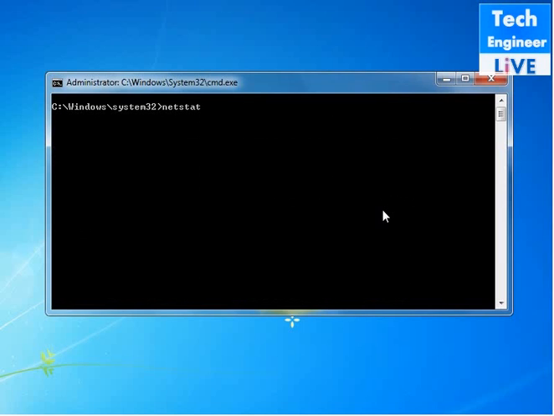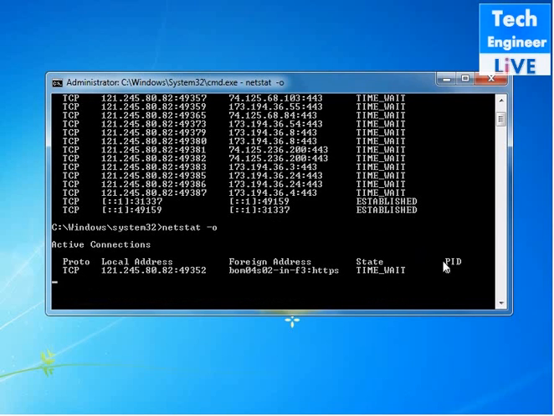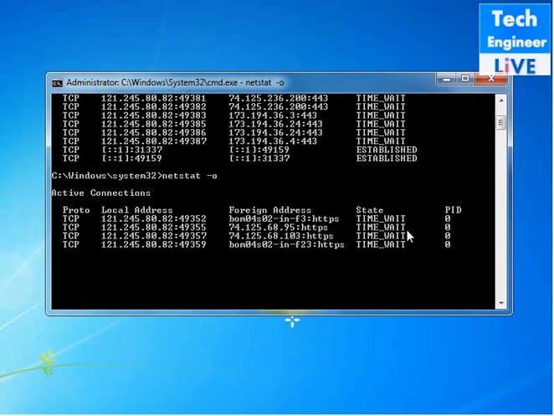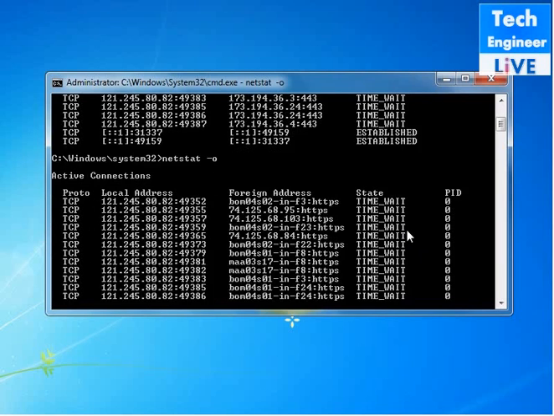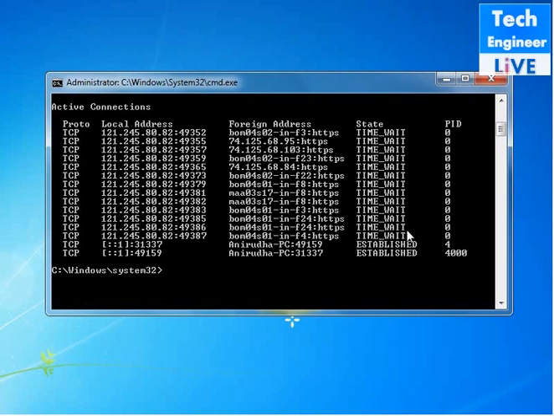Clear screen. Now another command we need to know is netstat -n. So basically it will provide the whole IP, foreign address, local address, without resolving the host name. Netstat -o will add the PID. You can find the PID address. So if I know the PID, I will be able to kill those from the task manager, from the command line,